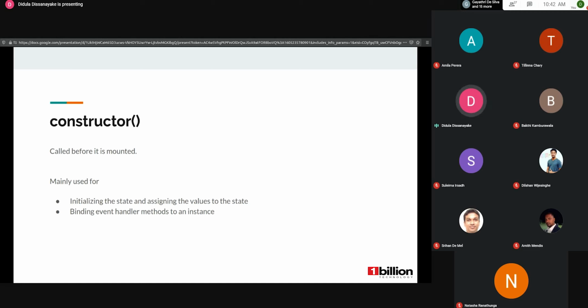And the event handler. Let's assume in the component we have a button with a button click event.